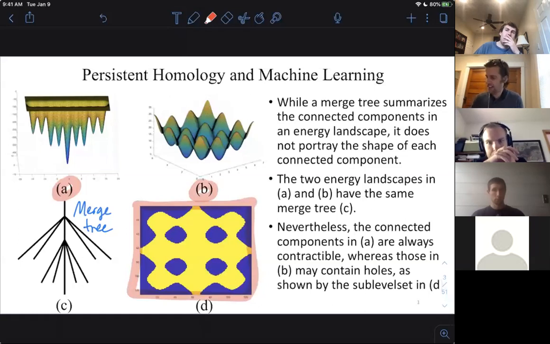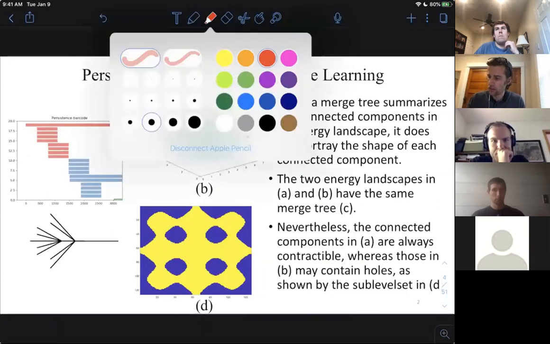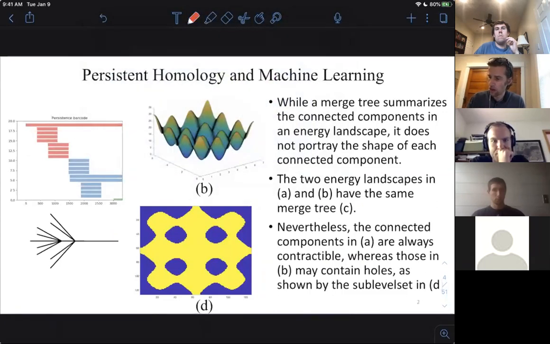Questions so far? We're going to be looking at something called persistent homology, which I'll introduce, which can also track holes. So the one-dimensional bars in persistent homology are going to track holes. In blue, I've drawn the one-dimensional bars. The zero-dimensional bars are just going to track connected components.